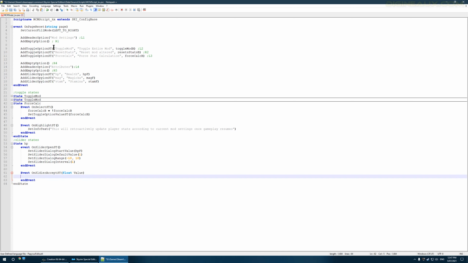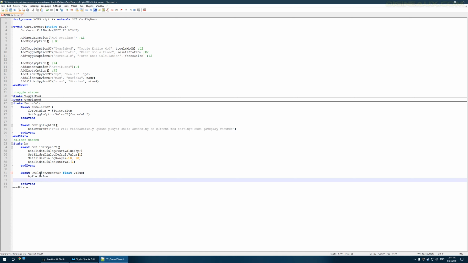Similar to how in the toggle options, we had to force it to update the actual value. So in here we want to write HPF equals the value that the user picked,